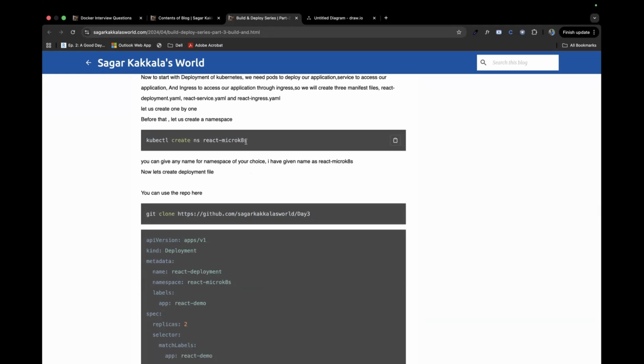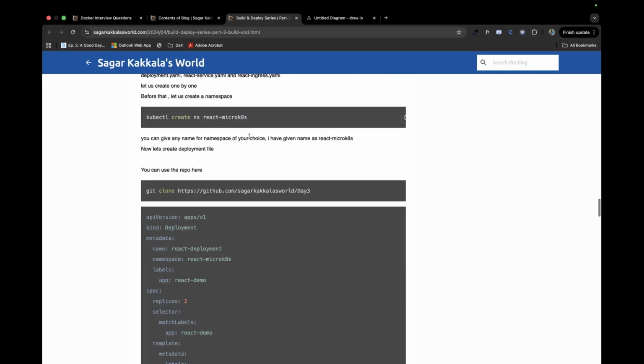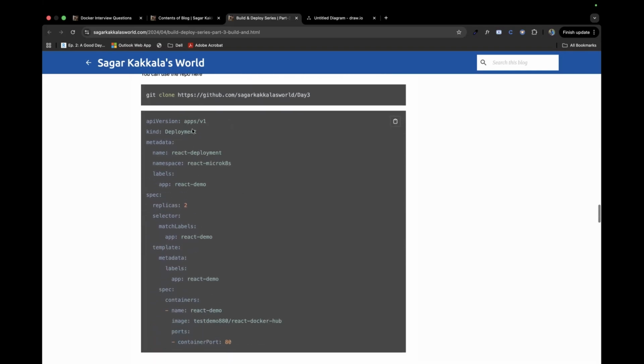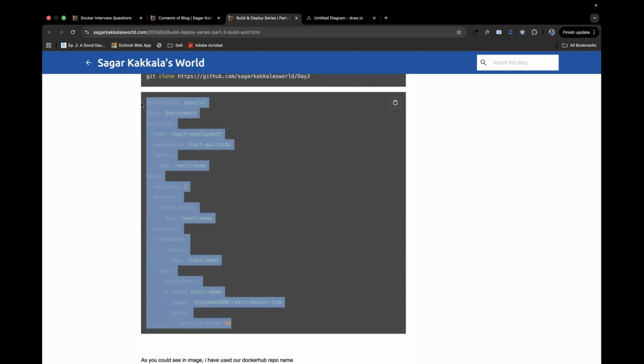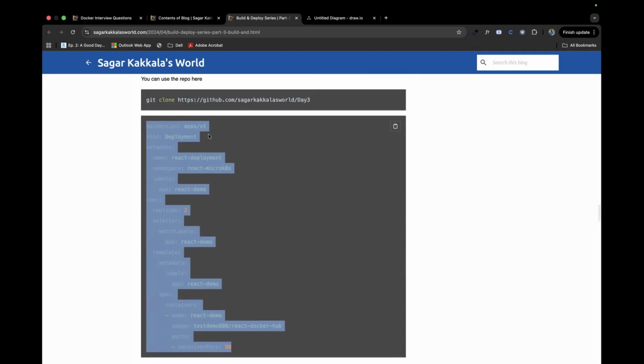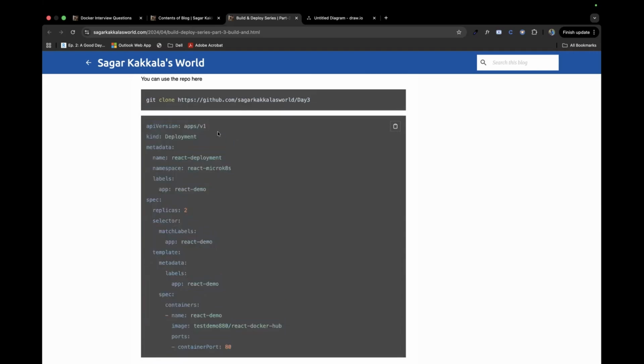As of now, we'll just have an understanding of the basic concept. Here we will create a namespace first, and these are called manifest files. Just like Docker has Dockerfiles, in Kubernetes we call these files manifest files. Everything depends on API versions, like this is apps/v1. The kind is what you're accessing inside the API version.